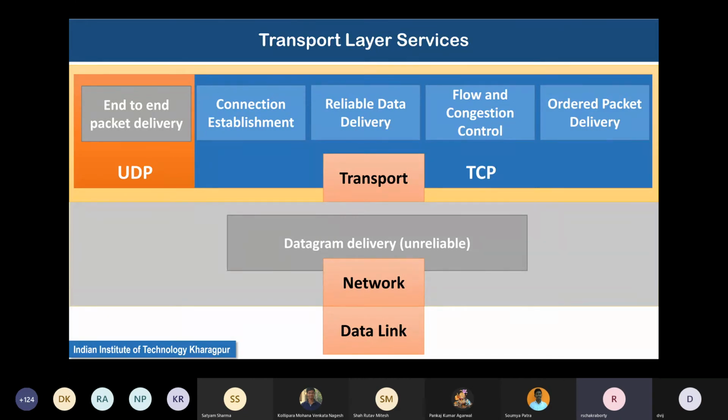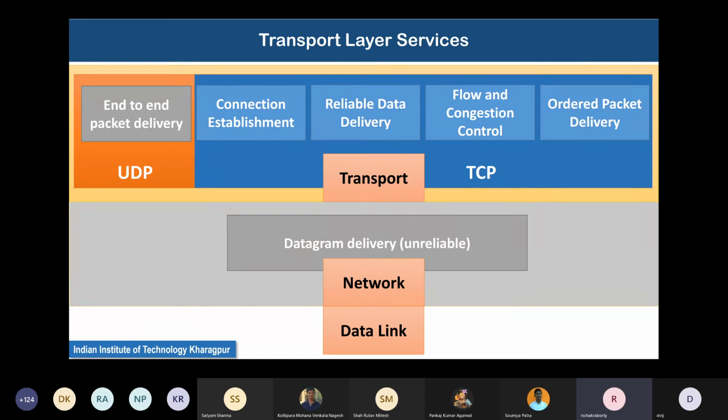So as repeatedly mentioned, transport layer services are primarily of two types. One is UDP, which performs end-to-end packet delivery, but nothing more. Essentially, it is an unreliable service. But the more commonly used transport layer mechanism is the TCP protocol, which we will study in detail, which performs connection establishment and also release, which is not listed here, reliable data delivery, flow and congestion control, and ordered packet delivery.